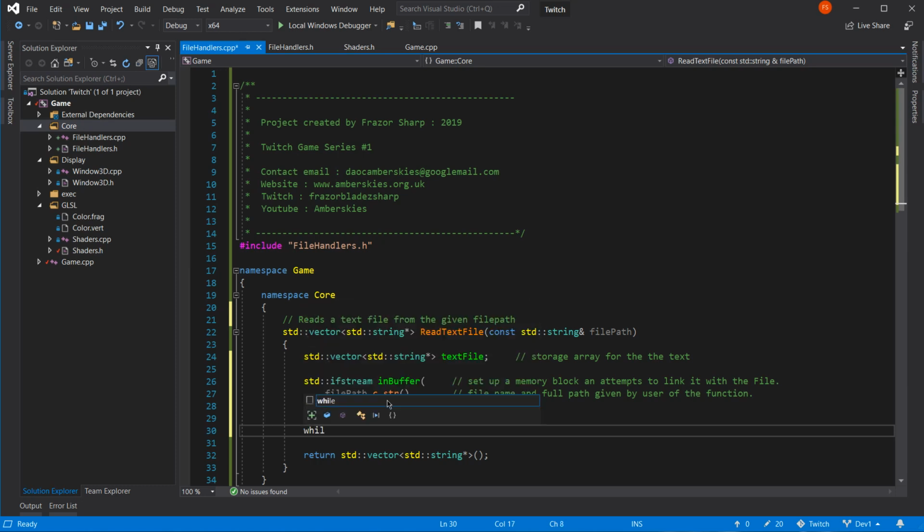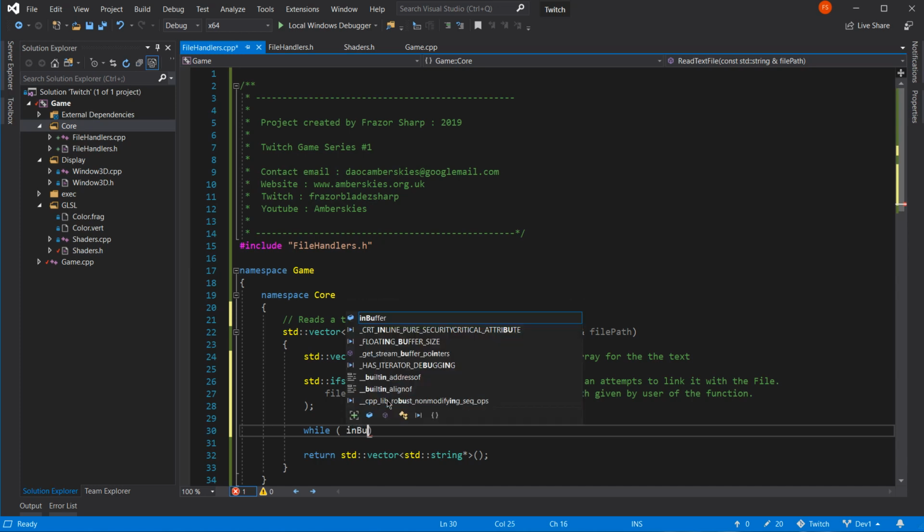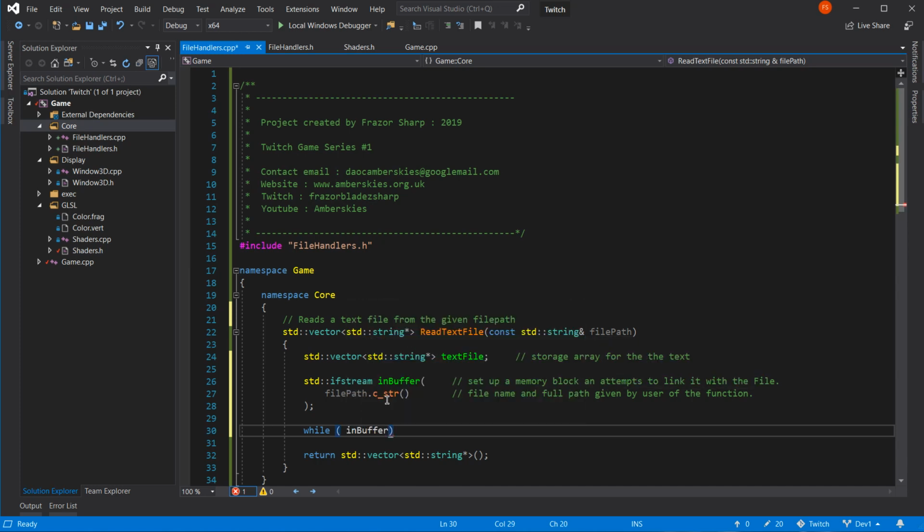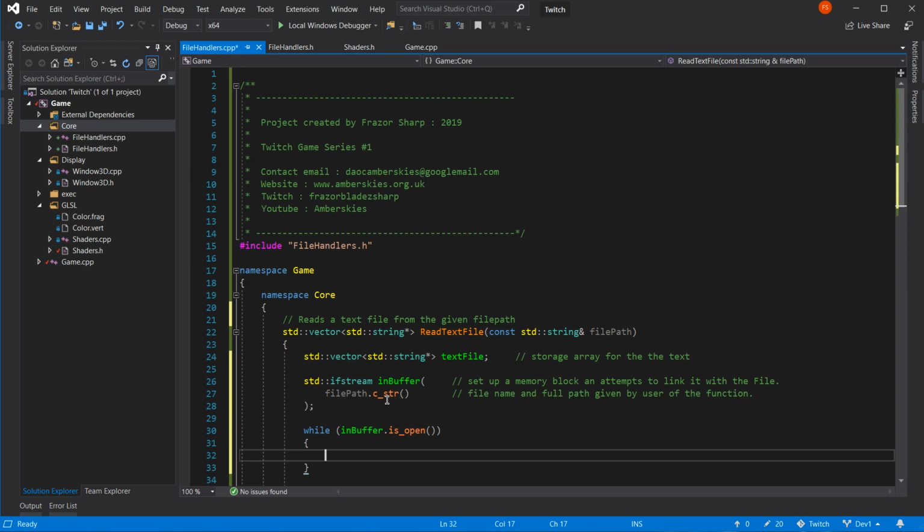So while our lovely in buffer is open, is underscore open. Okay, fair enough. Again, that's C. What on earth? Okay. What should we do?